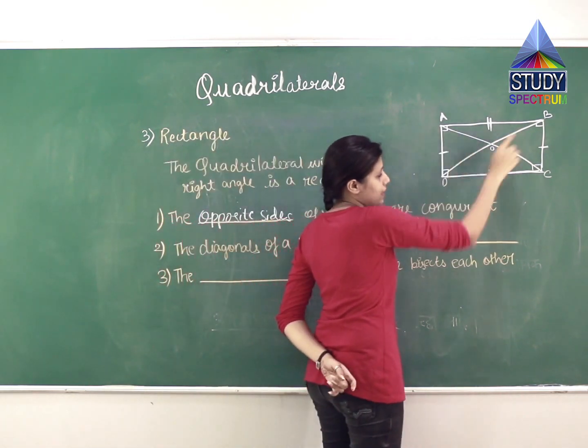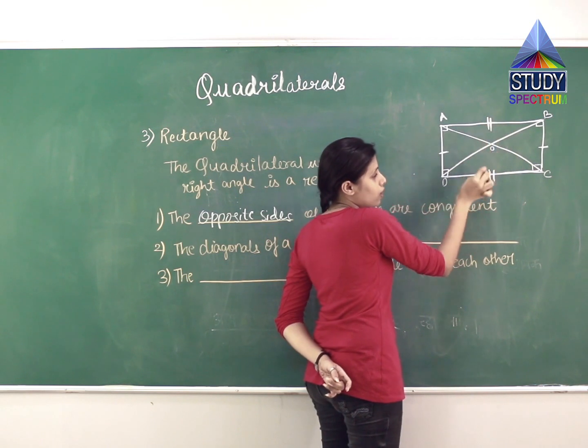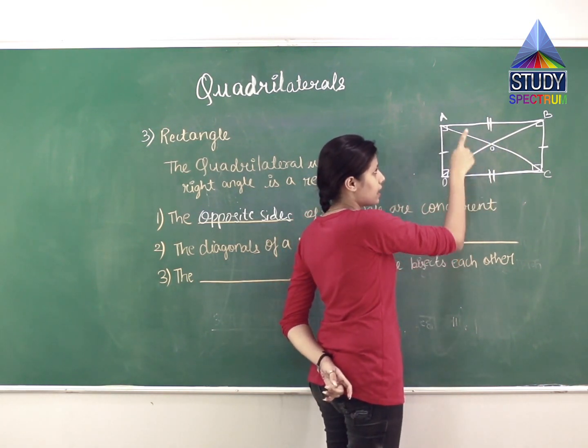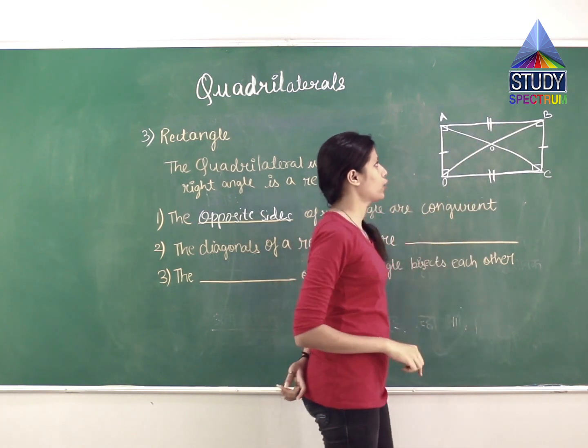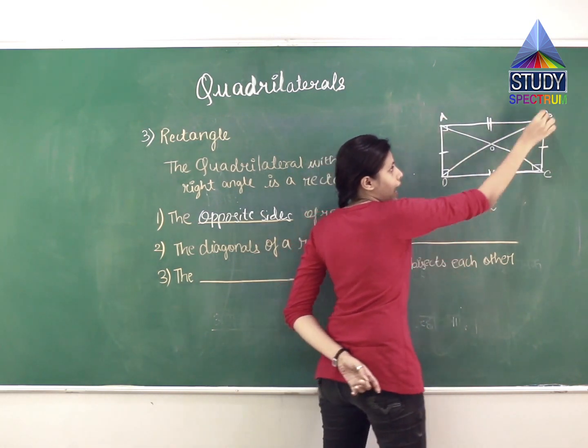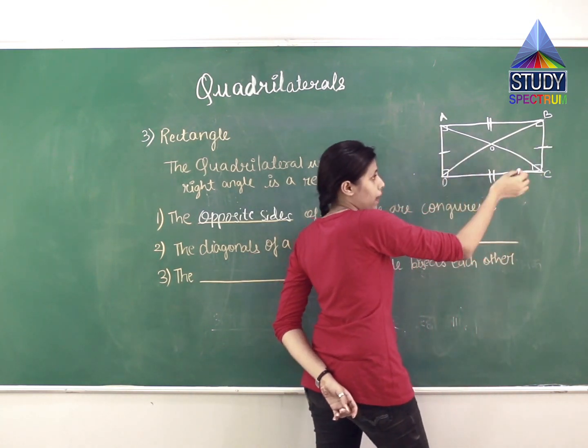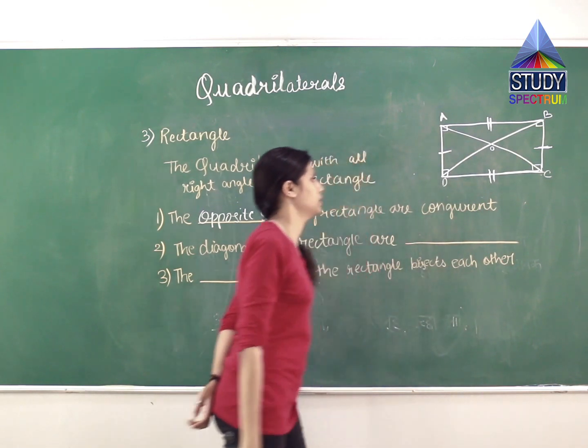See, this is a length and this is also a length. So both are 2 units. So the lengths are congruent. The opposite sides, that is AB and DC, are congruent. And AD and BC, which are the breadths, are also congruent, shown by a single unit.